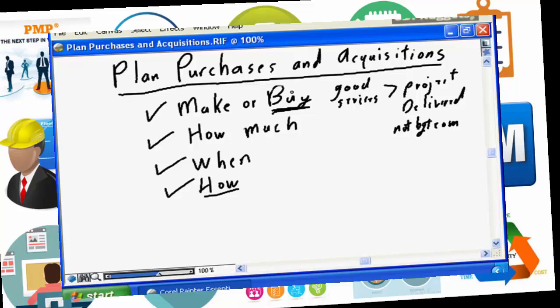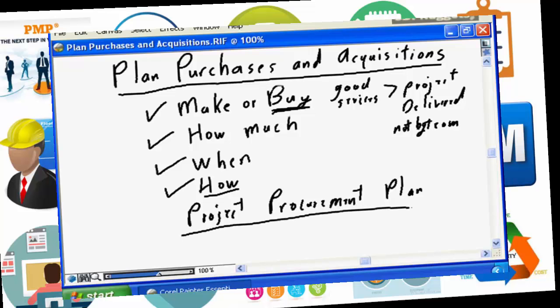Once you have determined your project purchase and acquisition process, you will develop your project procurement plan. The project procurement plan is going to identify the results of each make or buy decision, how much is going to be bought, when it's going to be bought, and how it's going to be bought, what type of